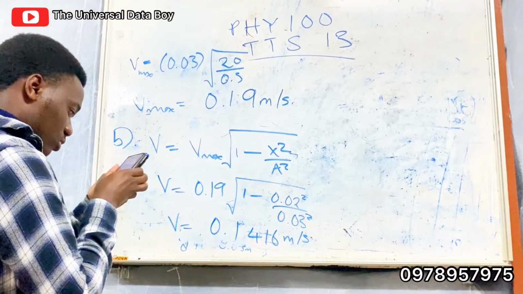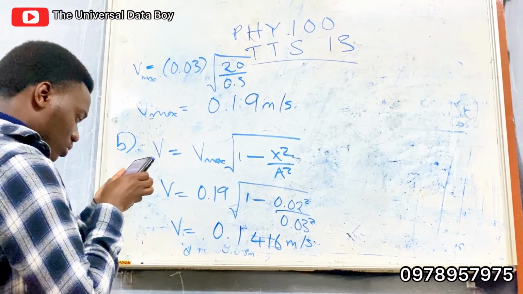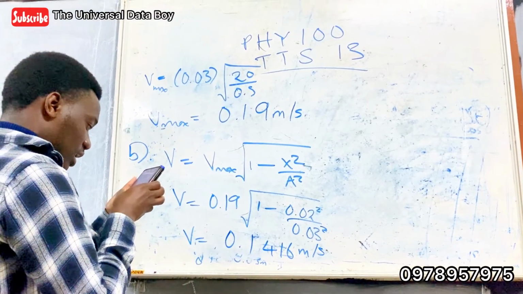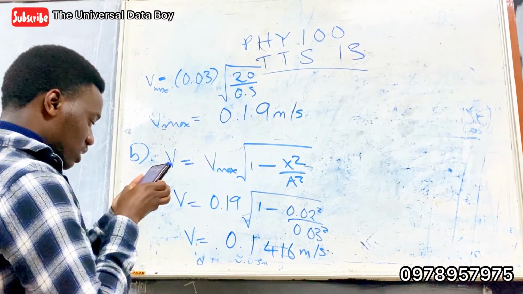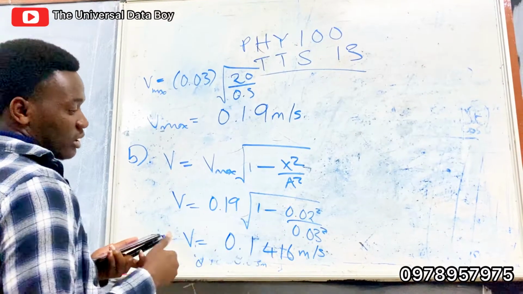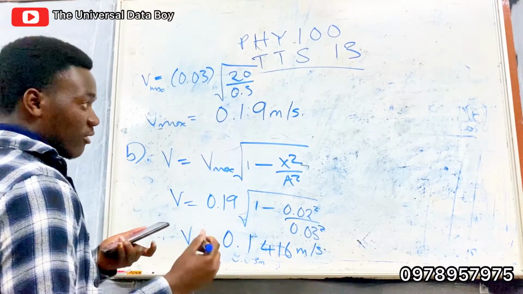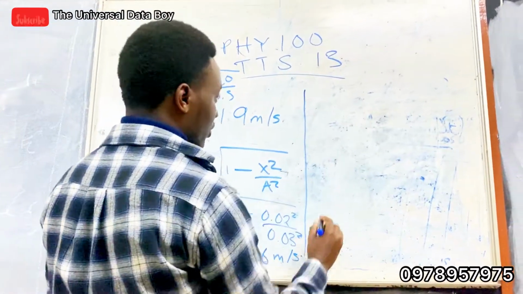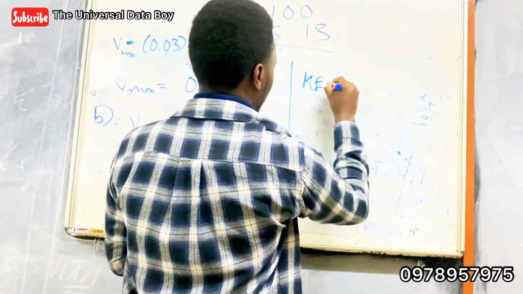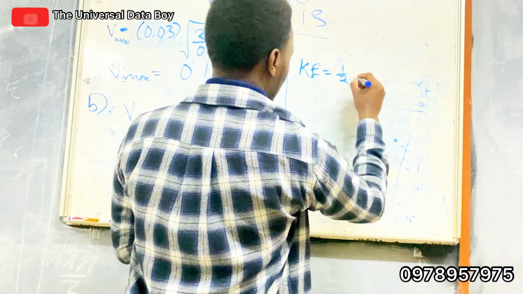Then when we go to C, it says compute the kinetic and potential energies of the system when the position of the cart is 2 centimeters. So at this position, we have to find the potential and the kinetic energy. The first is the kinetic energy. So KE is going to be equal to 1 over 2